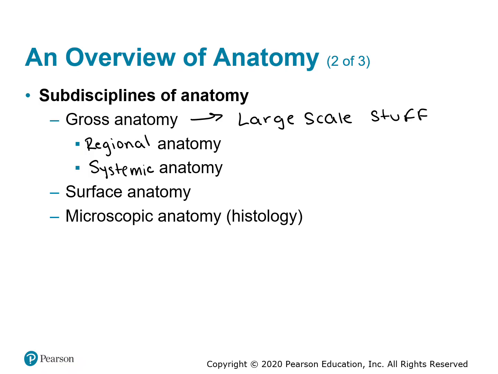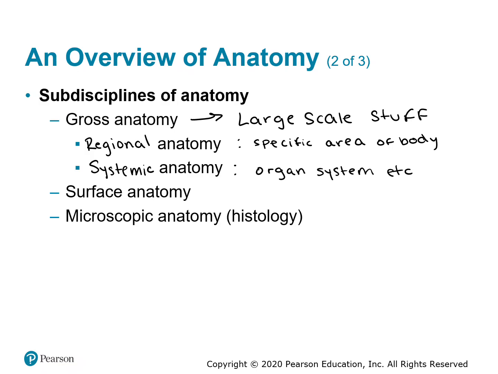Regional anatomy is referring to a specific part of the body, a specific area, while systemic anatomy is more so looking at body systems and how they work. So things like organ systems,